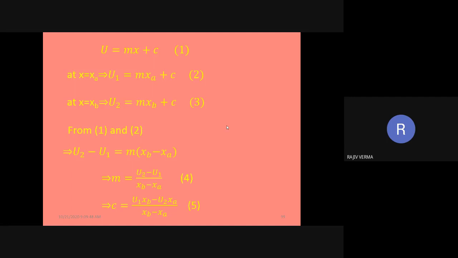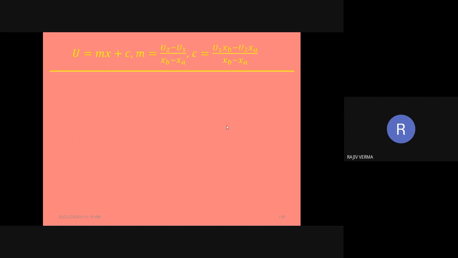Now in the next slide, we simply are going to substitute the value of m and c back into equation number 1 to get the alternate form of the polynomial which we have been talking about. Now coming to the next slide, these are the three expressions on display. This is the standard form of repeating the equations which I'm going to be using in the presentations.